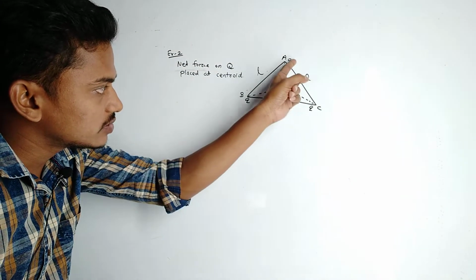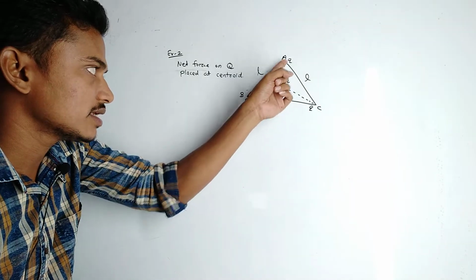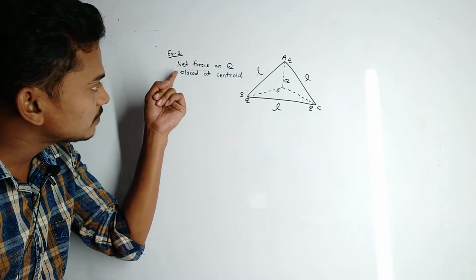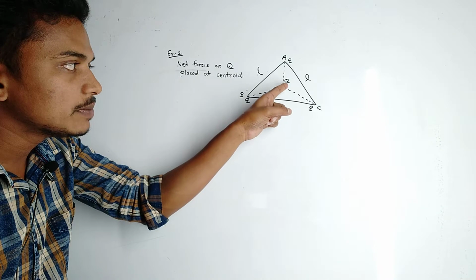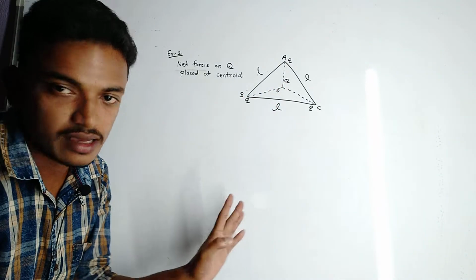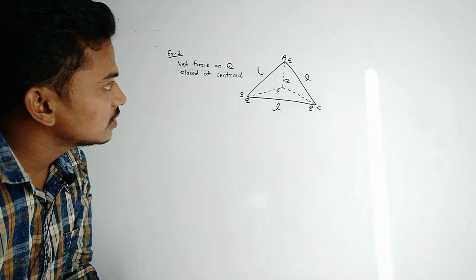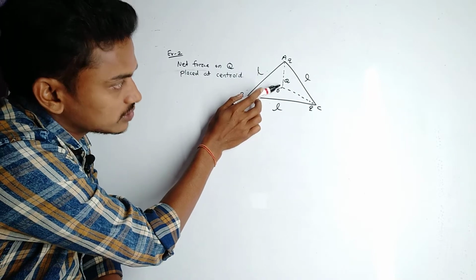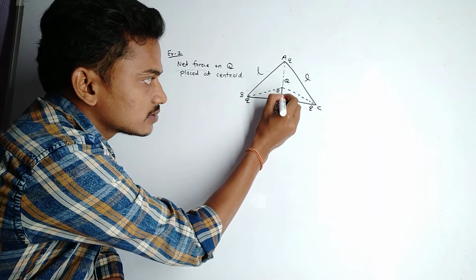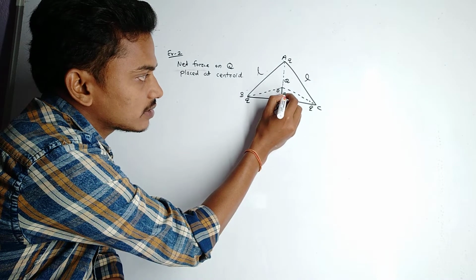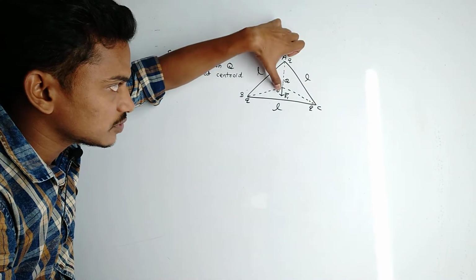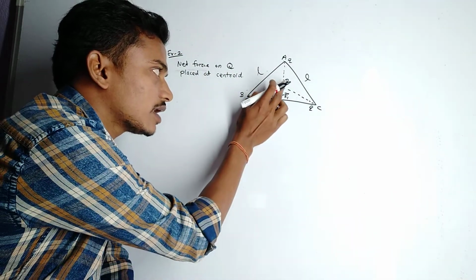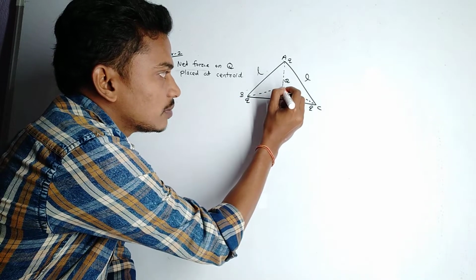Three charges, each of magnitude small q, are placed at the three vertices A, B, C of an equilateral triangle of side L, and the question is, find the net force on the charge capital Q placed at the centroid of the equilateral triangle. So pause the screen and try to solve it yourself first. You see here that this small q charge exerts a force on capital Q along this direction. This is suppose F1 vector. Since this is positive and this is positive, this positive charge will repel the charge Q, and similarly the force on charge capital Q due to the small q will be along this.